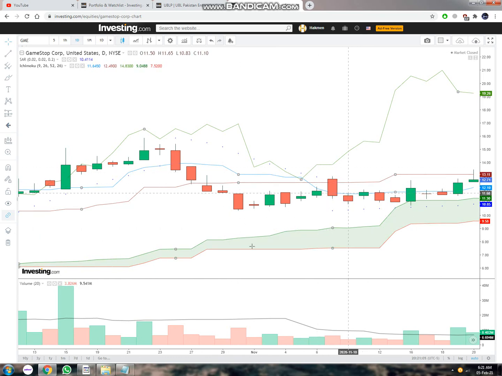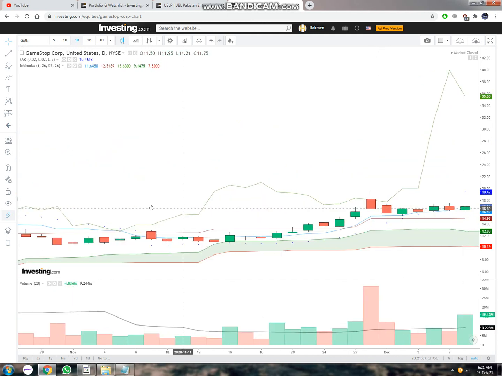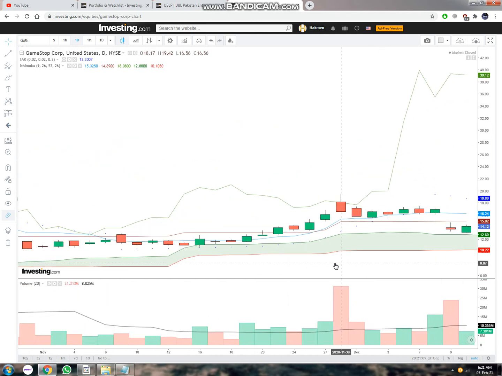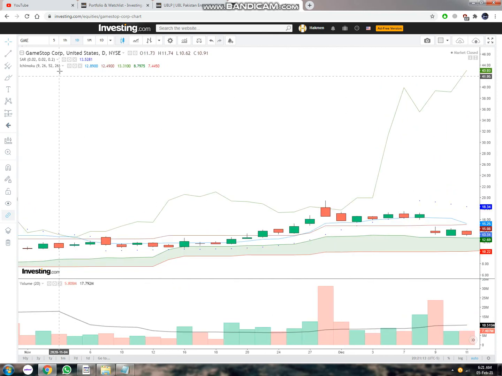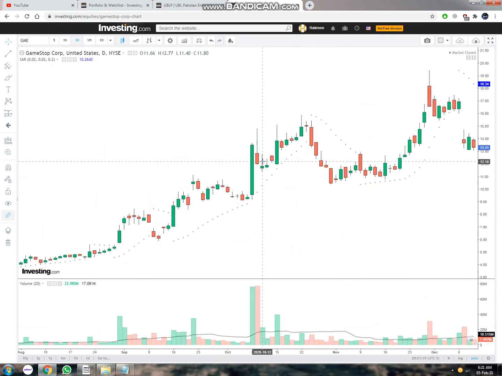And you can also see that it is trading above the cloud, so it means that the market is moving in the upward direction. This was about the Ichimoku cloud. If you want to take a detailed look, you want to